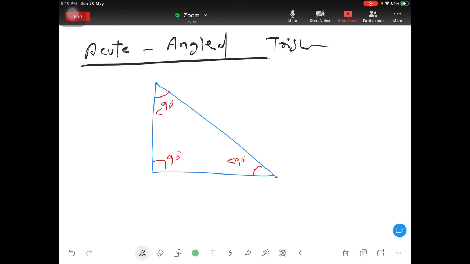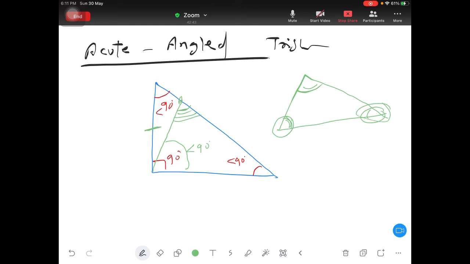So you do one thing. Compress this side a little bit, so that this remaining angle will be less than 90 degrees. At the same time, do not compress in such a way that this angle increases to more than 90. No. Or this angle becomes 90. No. Imagine a triangle where all the angles are less than 90 degrees. This angle should be less than 90, this angle should be less than 90, this angle should also be less than 90. At the same time, if you add them, they should give 180 degrees. Clear?